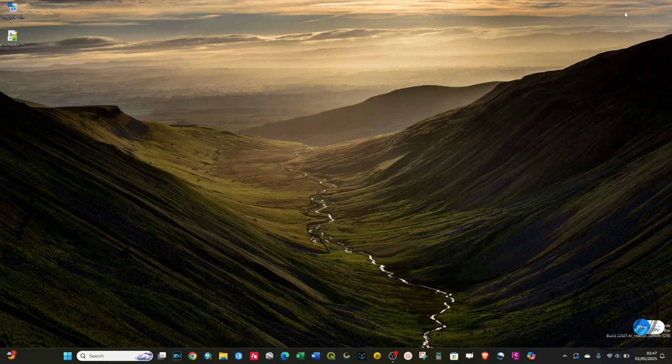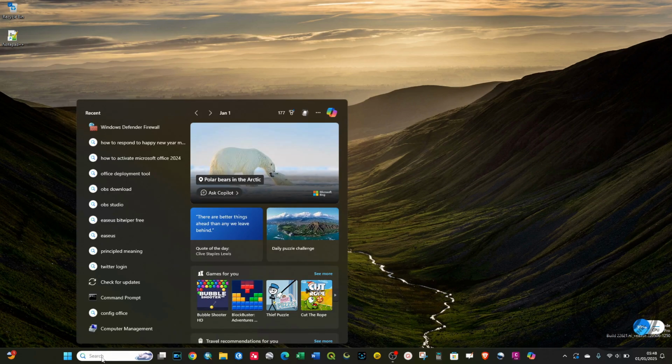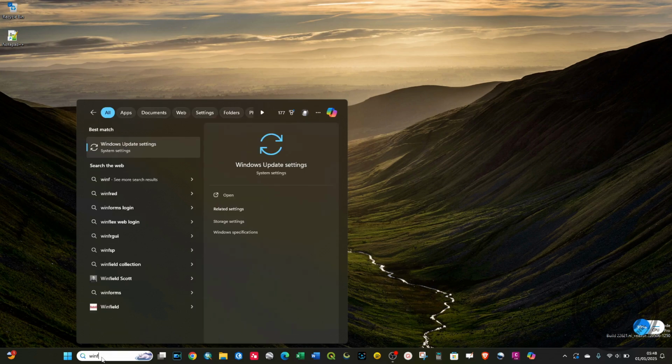Today I'll be showing you how to block internet access to specific programs or applications on Windows 11 and Windows 10. So just go to the system or search bar and type Windows Defender